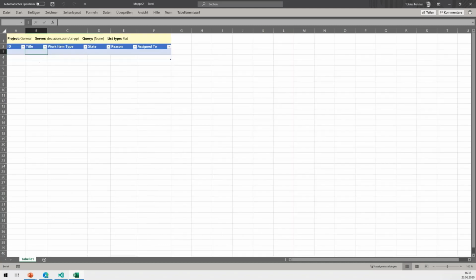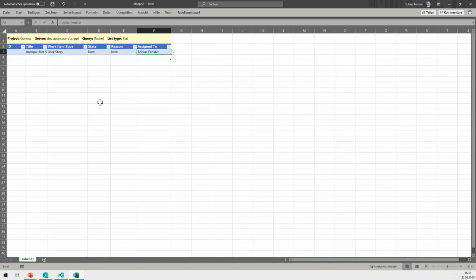And that works very, very easily. I can just put in the name. So I want to use Areopa user story 3 by now. I need to let it know which work item type we want to use. That should be a user story, and it automatically pre-fills the states. For new ones, I can only do new, and as reason, I can also only do new. If we work with that one later, then we could use different stuff, and I can even assign it. For example, I'll assign that one to me.